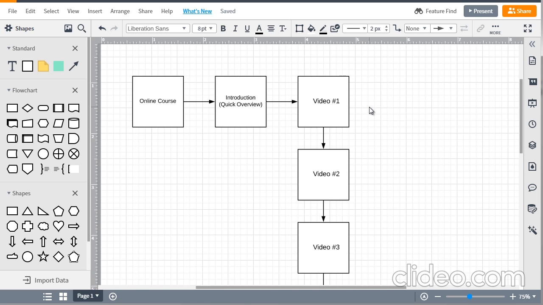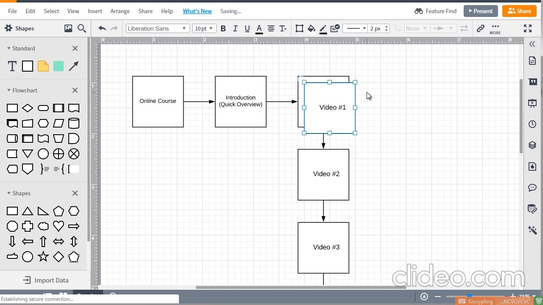And what I want to do now is get a better view of how I can make this more engaging. Perhaps what are areas that people are confused about? And how can I improve my students' success rate? So obviously, if you have your online course, you're very passionate about your course and you're very passionate about helping your students. So once you have that, you can figure out, okay, we're going to go through here. We got the online course, we got the introduction, the quick overview, and they have video number 1. And let's say video number 1,